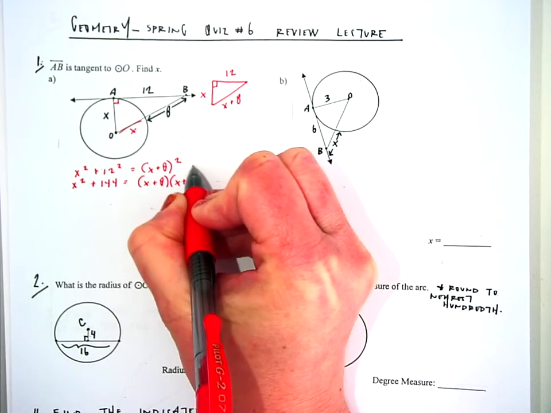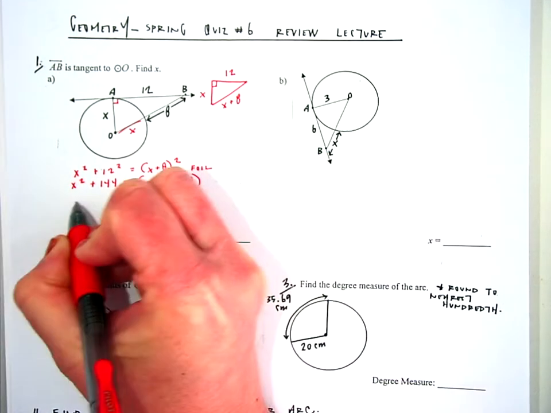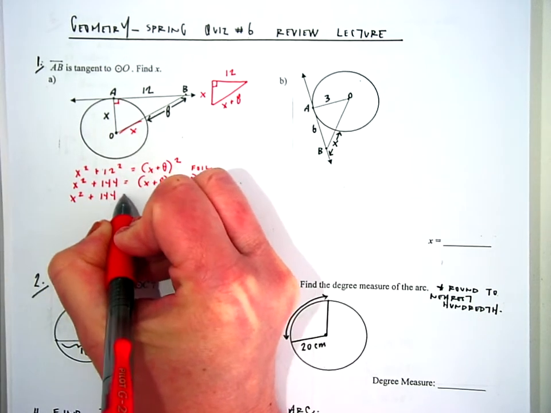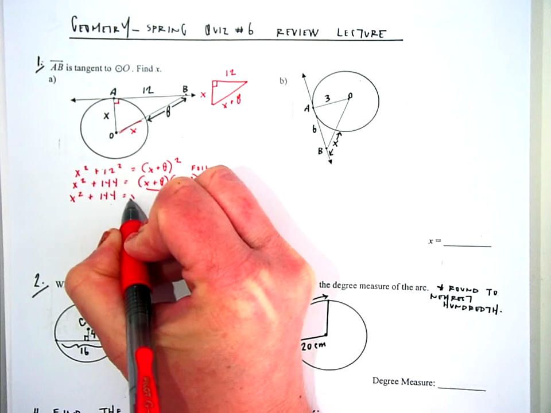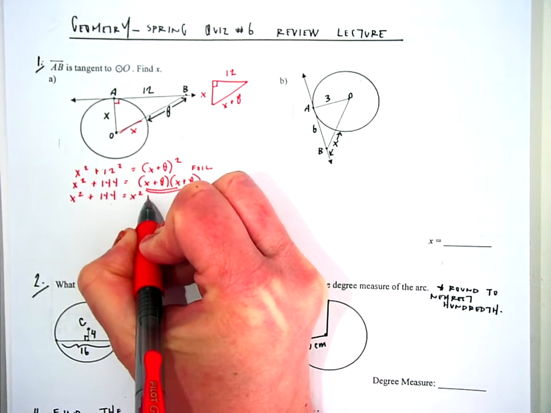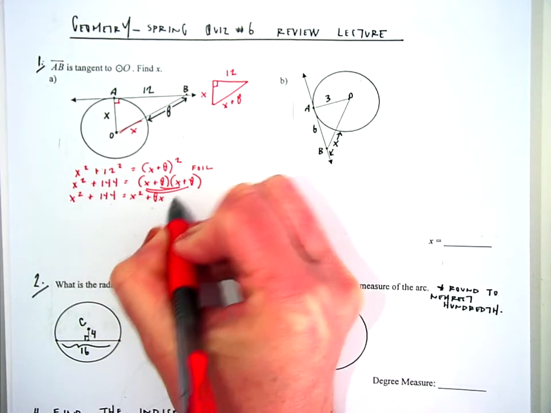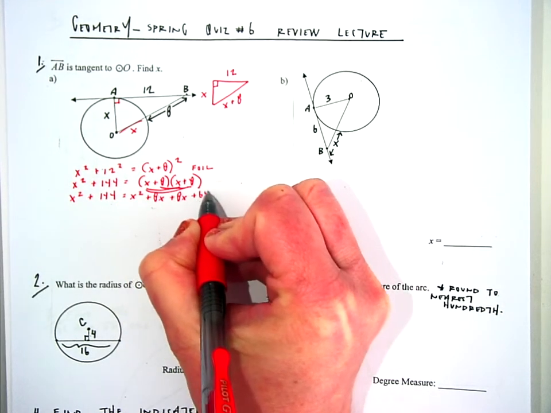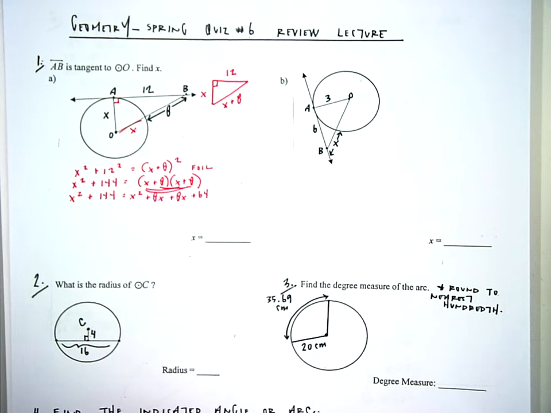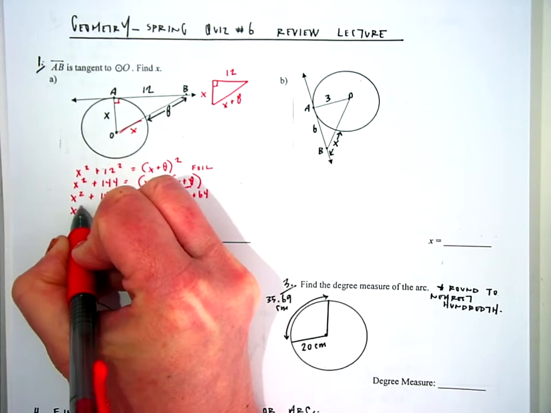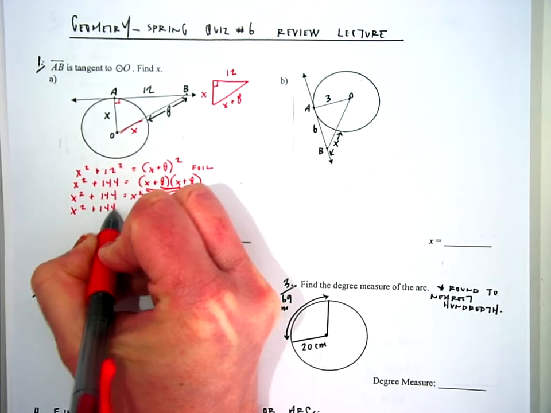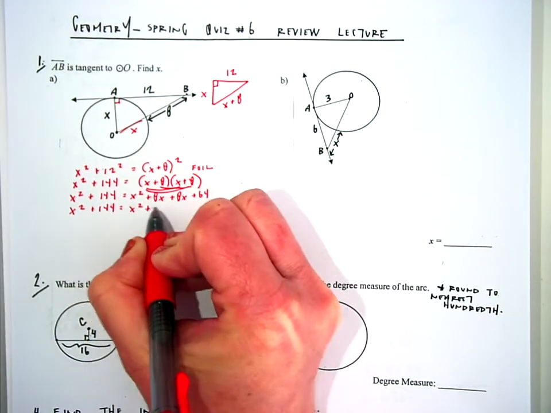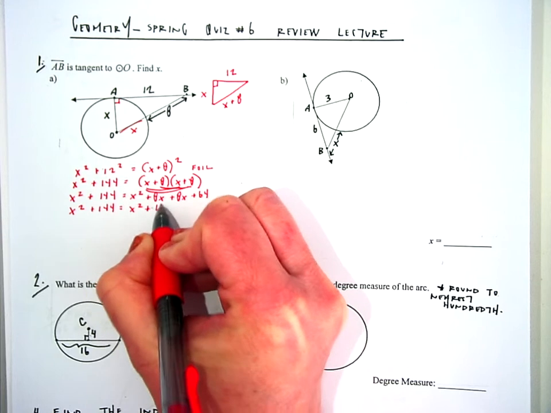And then I'm going to have to FOIL this out. So again, on the left side, I still have x squared plus 144 is equal to, there's my first, x squared. My outer is plus 8x. My inner is plus 8x. And my last is 64. So let me do one more stage of cleanup, consolidating those like terms. So I have x squared plus 144 equals x squared plus, well, the 8x and the 8x here makes 16x